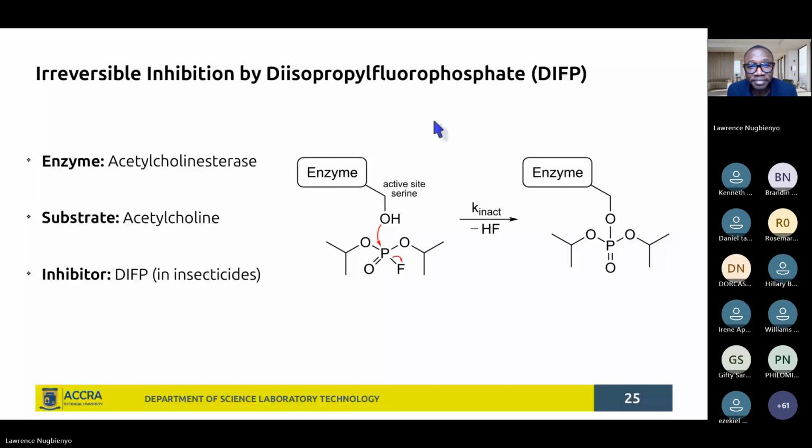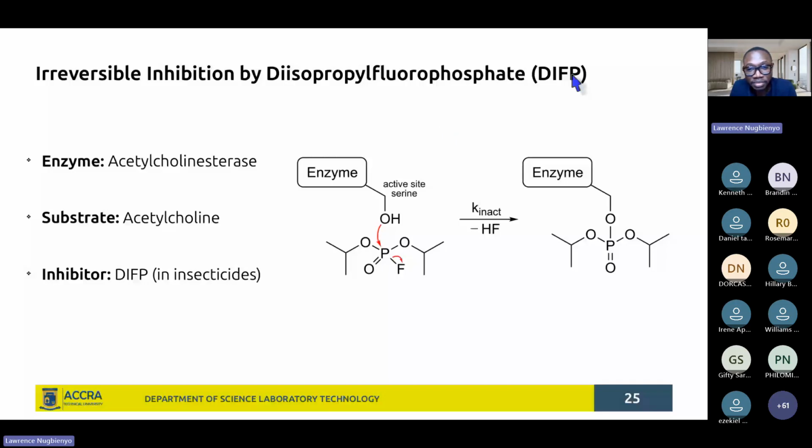We have inhibition by diisopropyl fluorophosphate. This time around it is in, say, insecticides, where you can have some organophosphorus pesticides that target acetylcholinesterase, the enzyme. We saw acetylcholinesterase acting in muscle contraction, as a neurotransmitter enzyme in the nervous system. And so you see DIFP